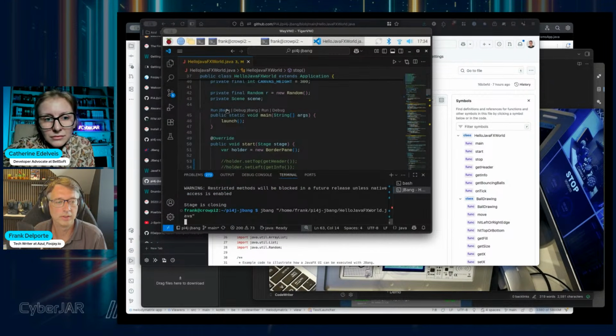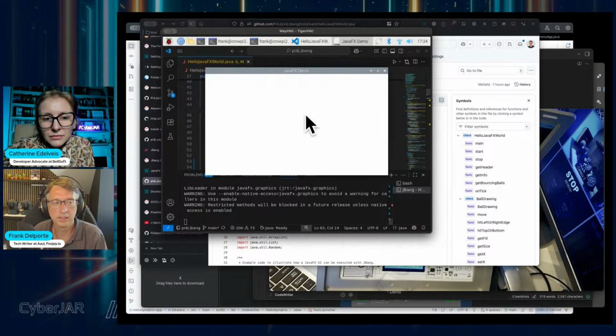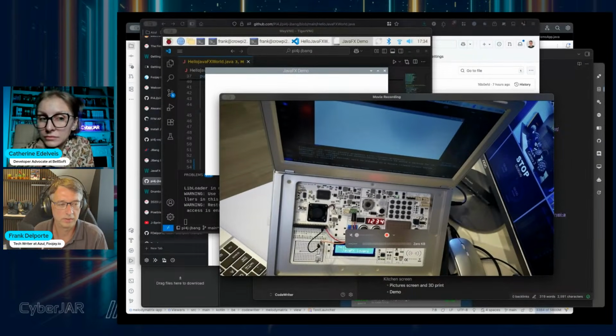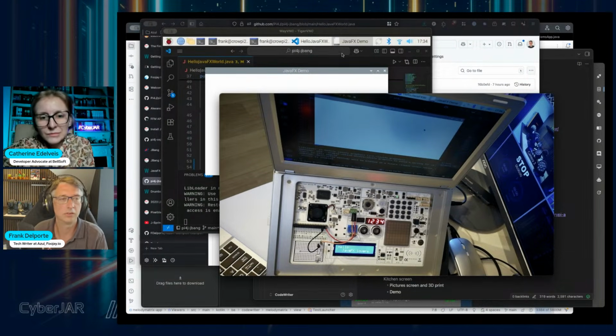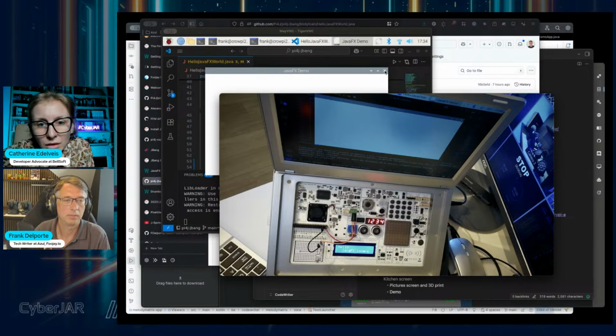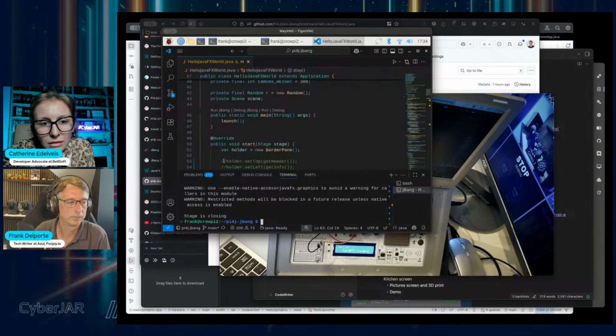I can now run this application from within my Visual Studio Code running on the Raspberry Pi. So you see here, this is my Raspberry Pi. It's in the back of this computer, and this is the screen. Okay, you see it? Now let me go back to my code,